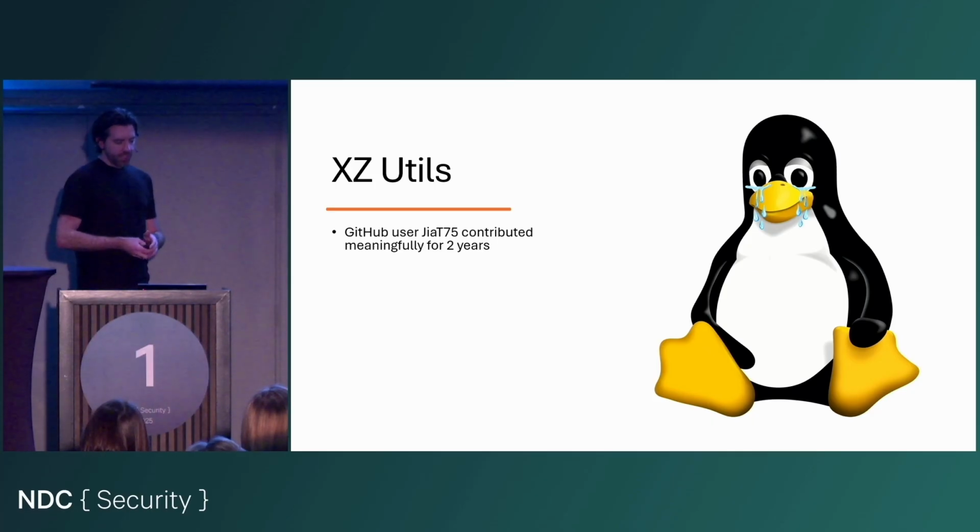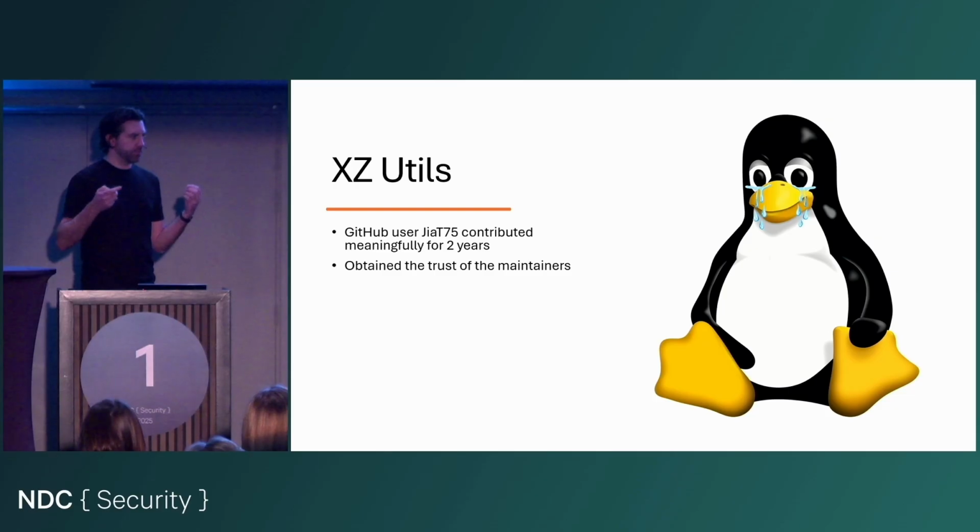So there was a user, Jia Tan 75, a pseudonym for someone, again assumed possibly connected to APT29. They contributed meaningfully, so they did real code updates, real pull requests, comments, reviews, very useful work on this repository for about 2 years. And this allowed them to get the trust of the maintainers of that repository because they seemed to be doing